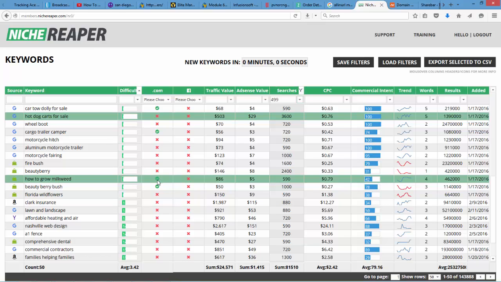And this has even got the .com available, the domain. So howtogrowmilkweed.com is currently available. So that could just be its own little sub niche. You could do a further search on milkweed to try to find some other keywords that you could focus on. Okay, so I think you get the